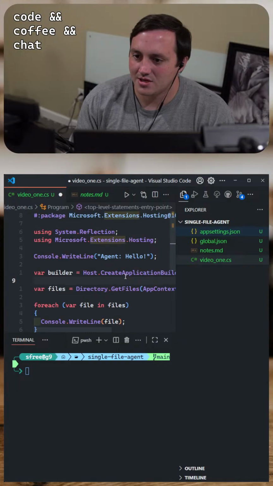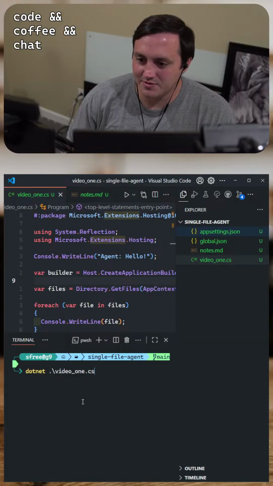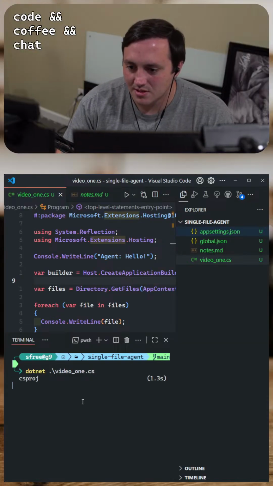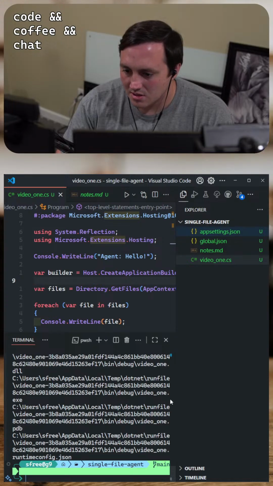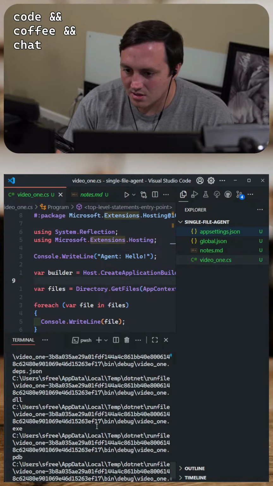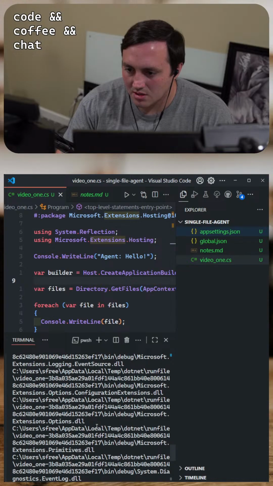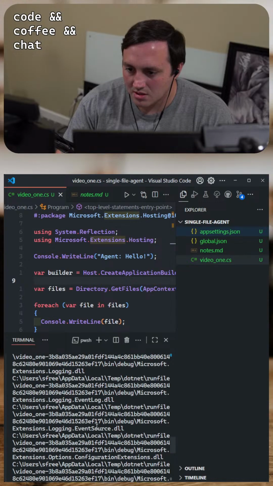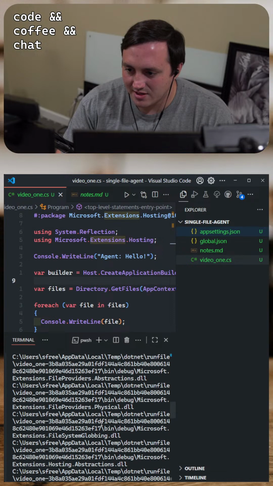Does that change how it behaves at all? At this point, I'm just kind of exploring. Definitely brought in a lot more DLLs, but I don't think it.